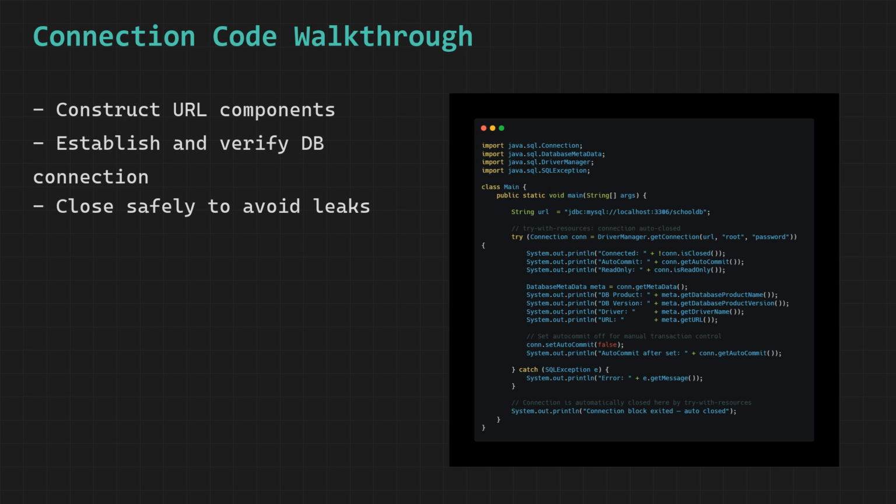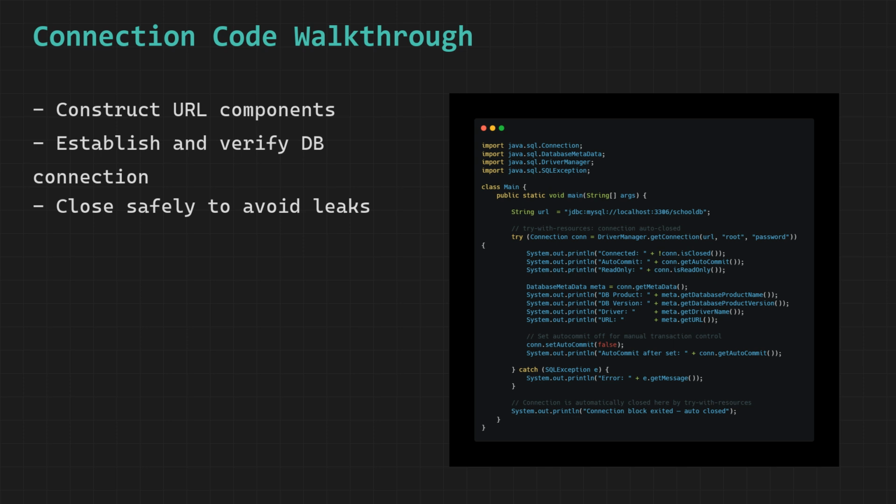con.close is one of the most important calls in any database program. A database connection is not just a Java object sitting in memory. It represents a real active session on the database server, consuming server-side resources like memory, threads, and file handles.